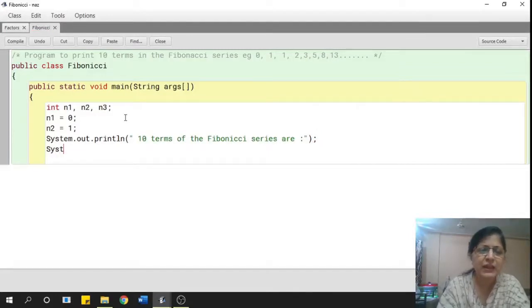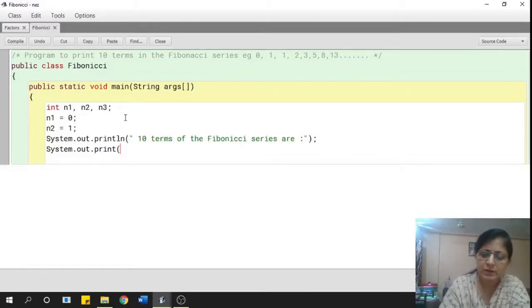Initially I have to print the first two terms. I'm going to print the values in the first number and the second number, so I'll print n1 plus a space plus n2.